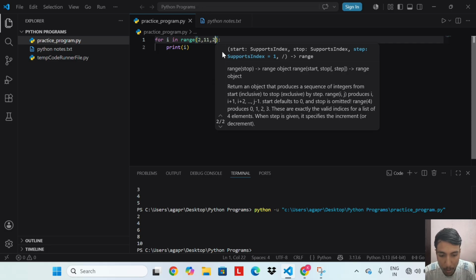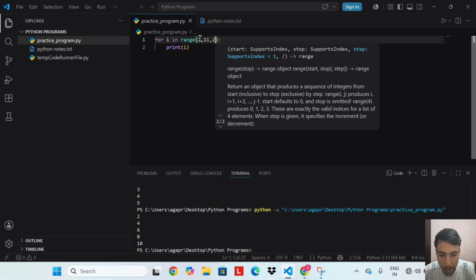It controls how much jump after each round. range(2, 11, 2) starts at 2, stops before 11, and jumps by 2 each time. So we get 2, 4, 6, 8 and 10, all even numbers.